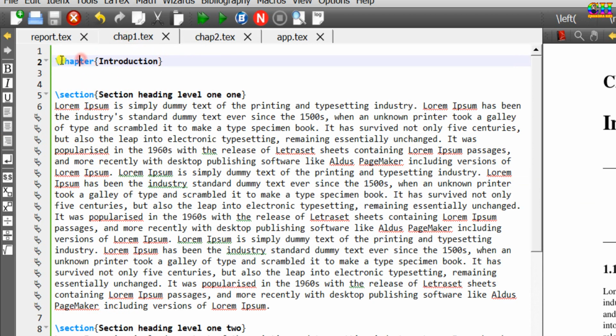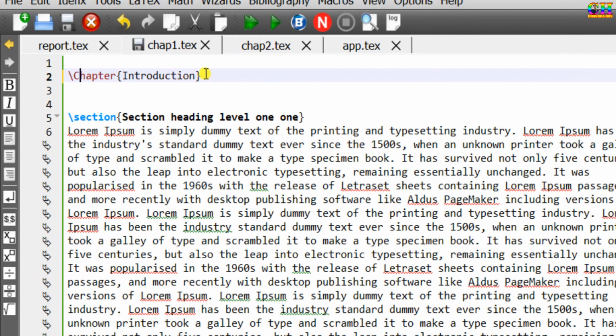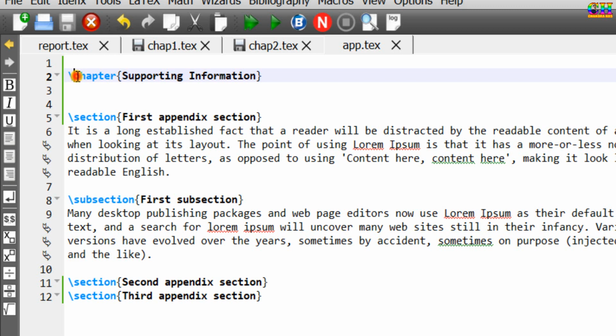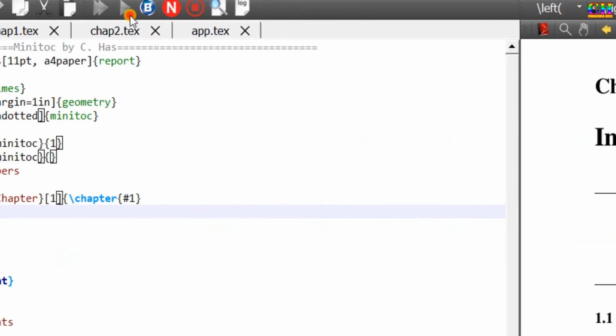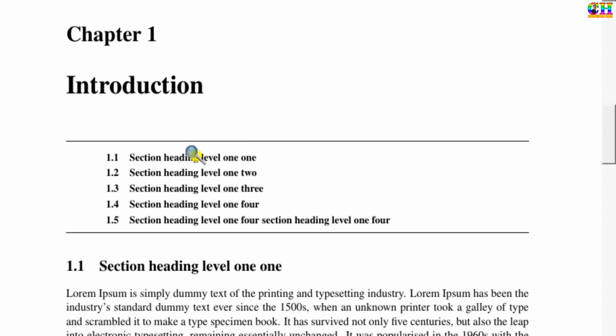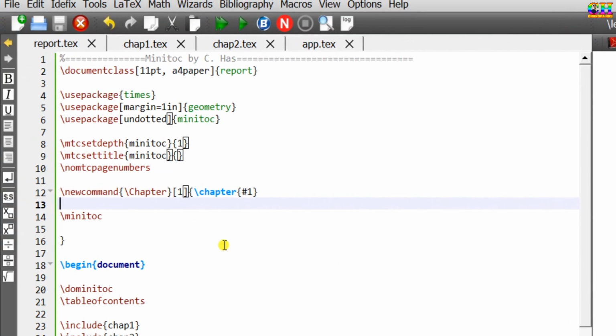But now we'll have to use the new chapter command. Alright, it's working.